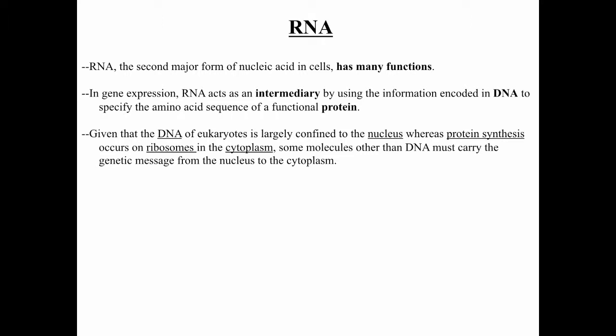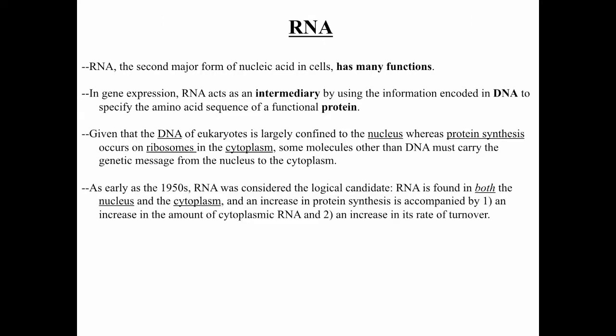In eukaryotes, DNA is confined largely to the nucleus, and protein synthesis has to occur on ribosomes in the cytoplasm. So there has to be some other molecule that carries the information in DNA from the nucleus into the cytoplasm in order for translation to occur, and that is